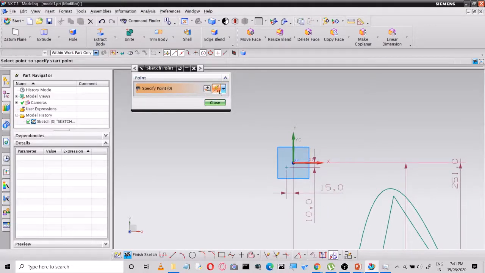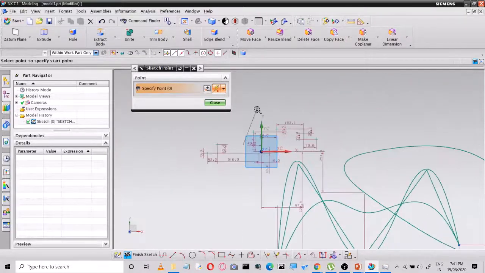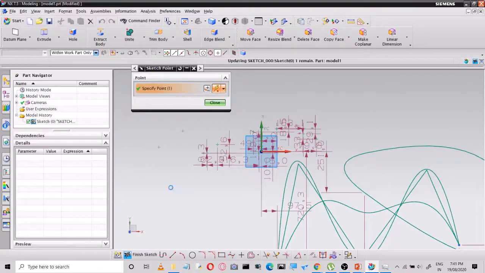Now similarly, you can go for the cursor location. Cursor location means where you just click, so where you want to place the points. It shows all dimensions with respect to the origin. Now just click where you want to place. Next, end point: it is going to snap to the end point of the line as well as the end point of the arc.